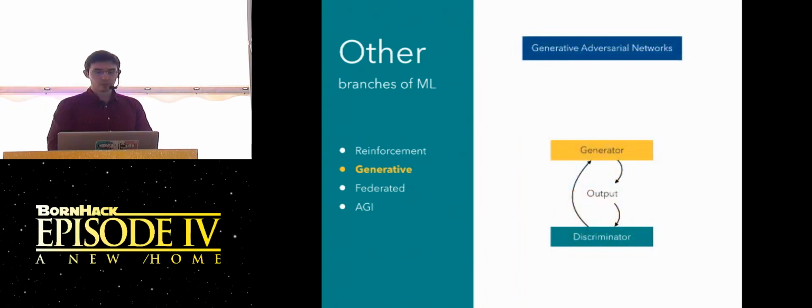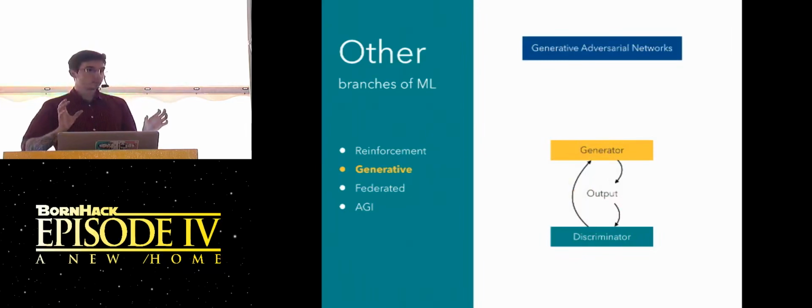There's a specific type of generative learning that I want to talk about that you may have heard of, the generative adversarial network. This is when we technically have two models. One is called the generator, and it does essentially the thing I just described. It tries to generate new samples from a corpus of data that match that corpus, that are very similar to the data that was fed to it.